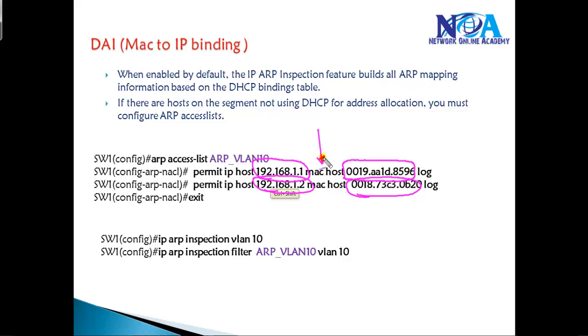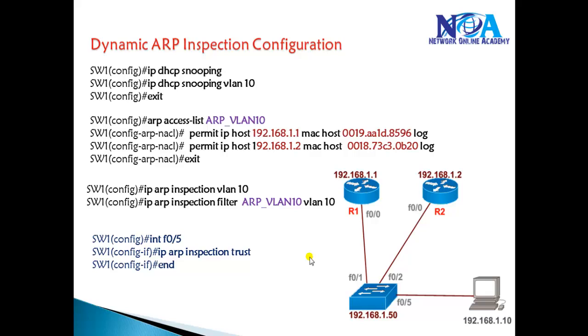Now every untrusted port will go through this validation, which means if an ARP reply is coming from 1.1, and it matches this MAC address, then only it is going to permit that particular traffic. Or else, if it does not match the database, it's going to simply drop that traffic. And we can implement this ACL for VLAN 10, VLAN 20 or VLAN 30, whatever the VLAN on the switches. Now this is the complete configuration, which we are going to verify in our next videos in the lab in detail.